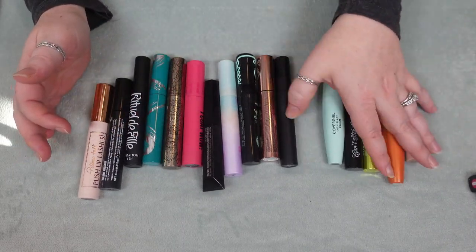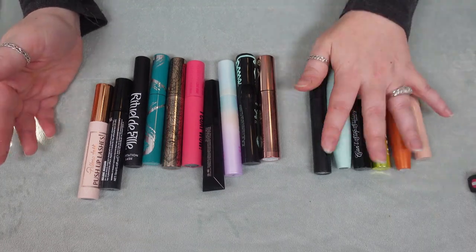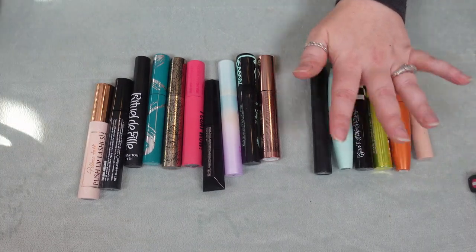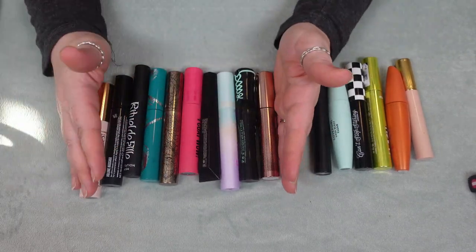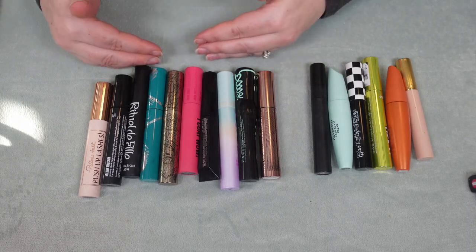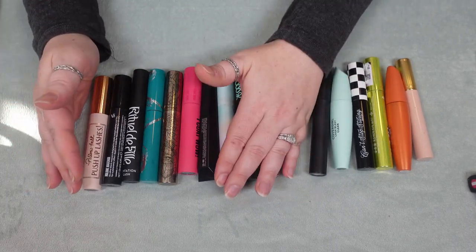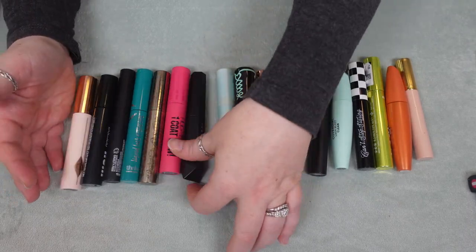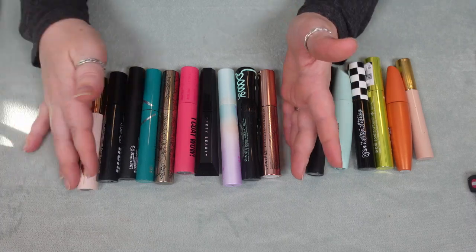But all of these ones right here are in the chopping block. So we'll move these to the front of the drawer. I will be conscientious about using these first to test them. And if I don't like them, then I will get rid of them, because honestly, this little group here of mascaras makes me happy. These are mascaras I know and love, some for very different reasons, but these are the ones that I'm constantly reaching for. Maybe minus the Charlotte at this point,